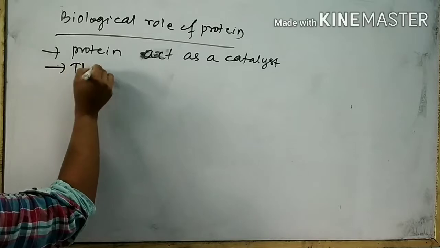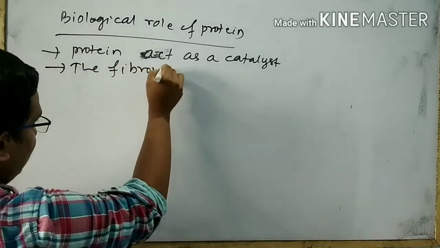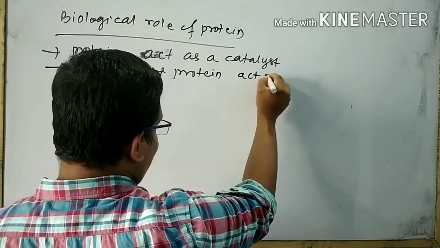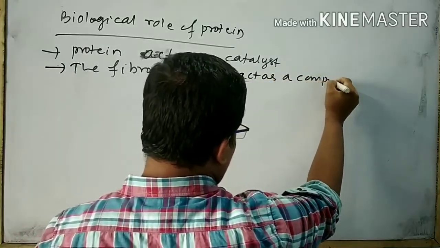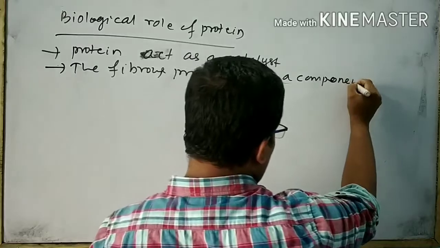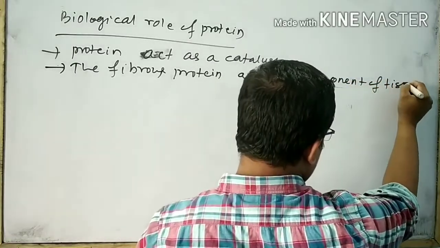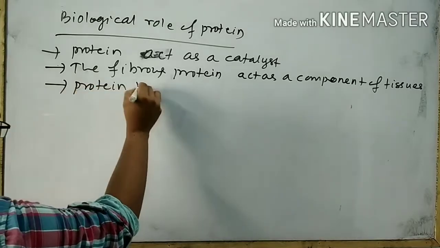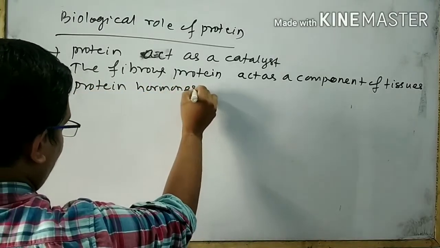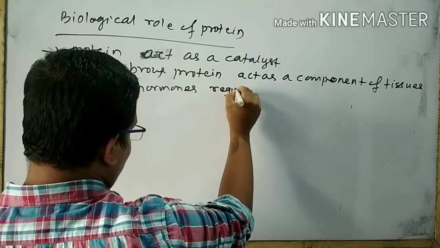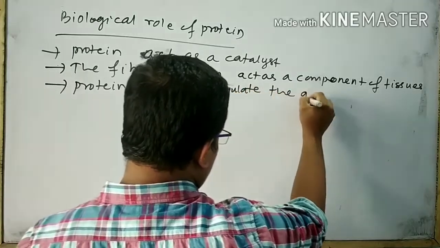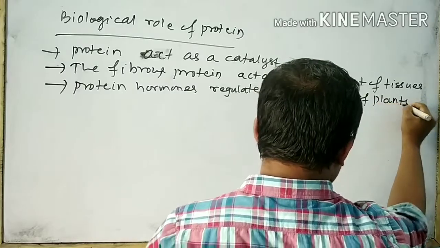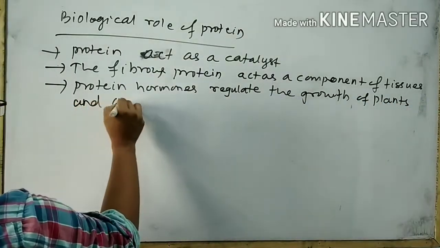Second point is the fibrous protein acts as a component of tissues. Next point is protein hormones regulate the growth of plants and animals,